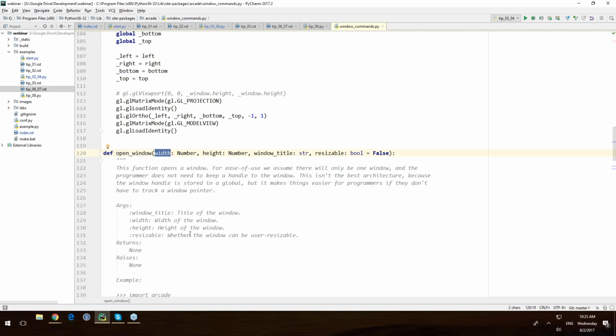Another thing that I've really found is that good parameter names really help new students, and good function names. Like Pygame uses set mode in order to open up a window. And just that right there confuses students. The coordinate system.